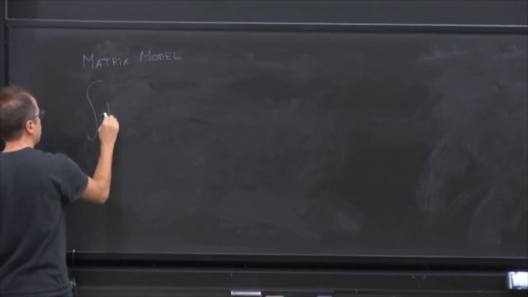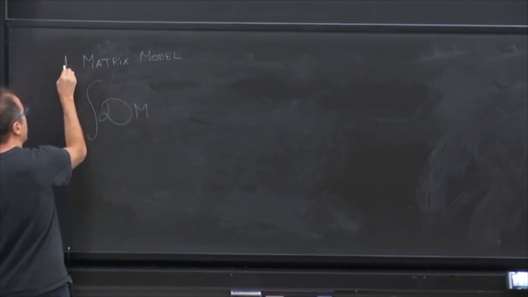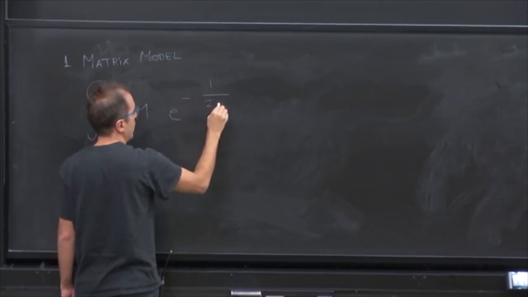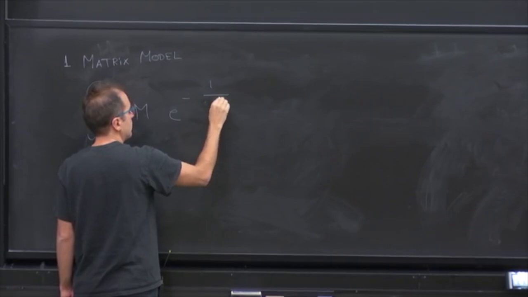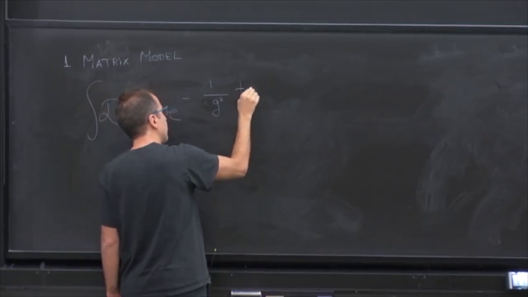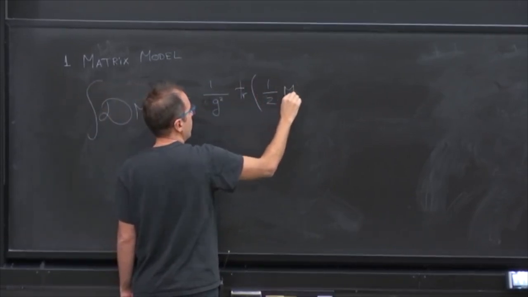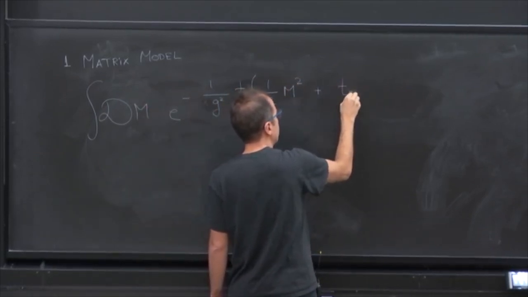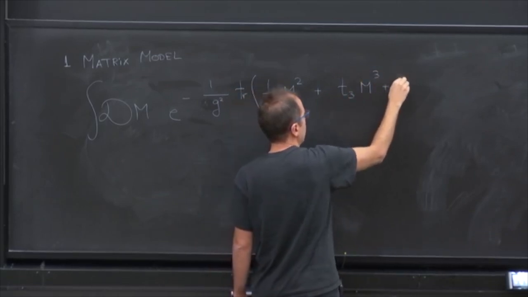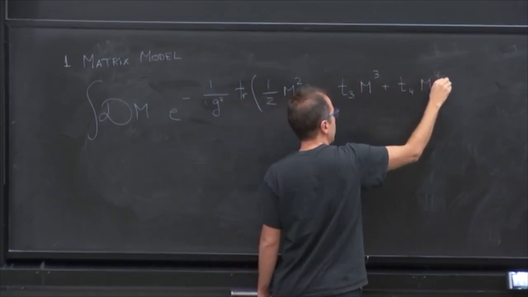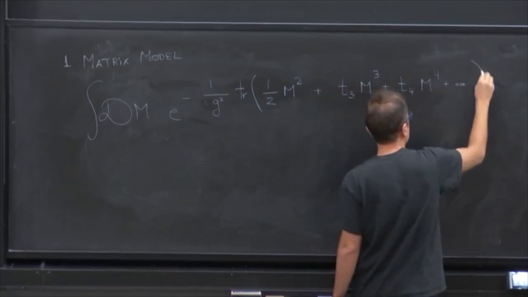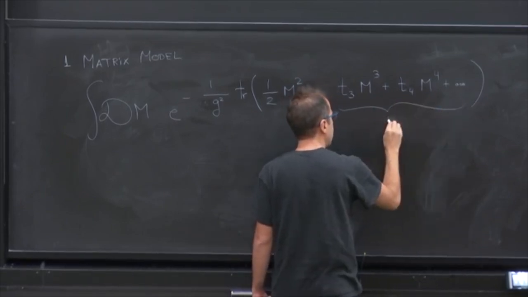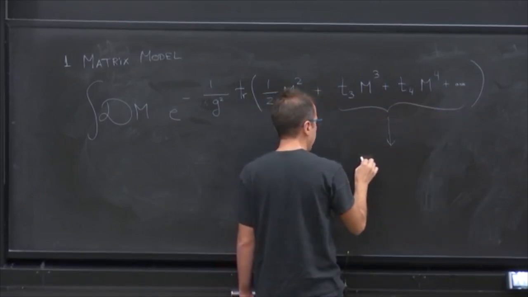There is a single matrix we integrate over, and so we call it a one matrix model. Then we add exponential of minus 1 over g squared, and then we have the trace. We can have our kinetic term, 1/2 of m squared, plus some general potentials. We could have some t3 m cubed plus some t4 m to the 4 plus dot dot dot. And then we treated this in perturbation theory by bringing this guy down from the action, and then we compute